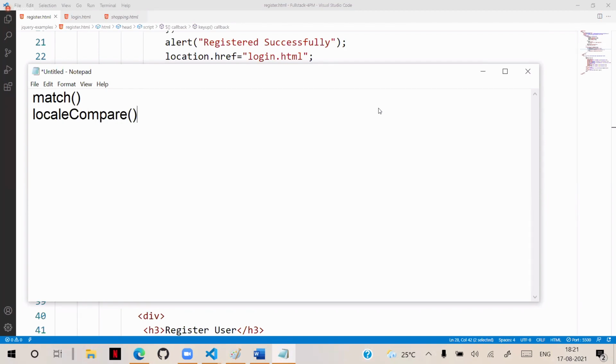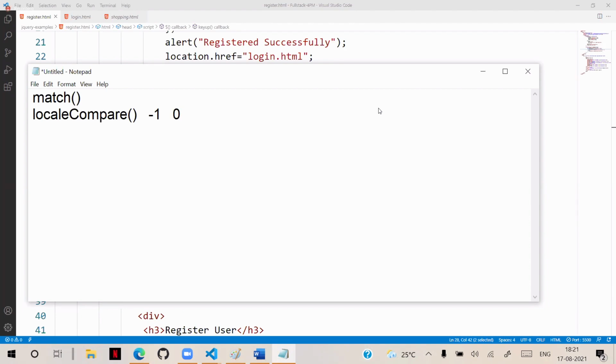This string function will compare two strings. After comparing two strings, it will return -1 if both are not matching. So that means if both strings are matching, then it will return 1 or 0.